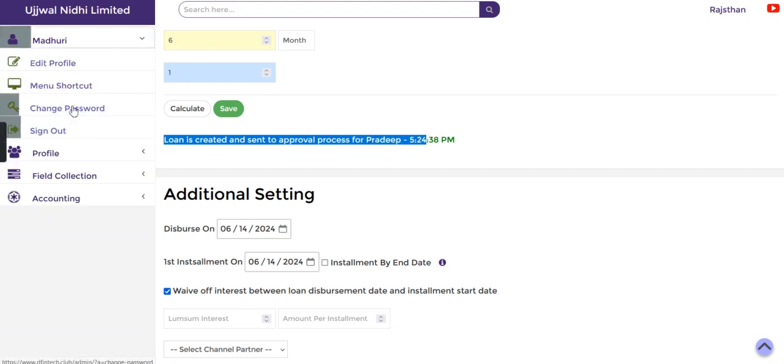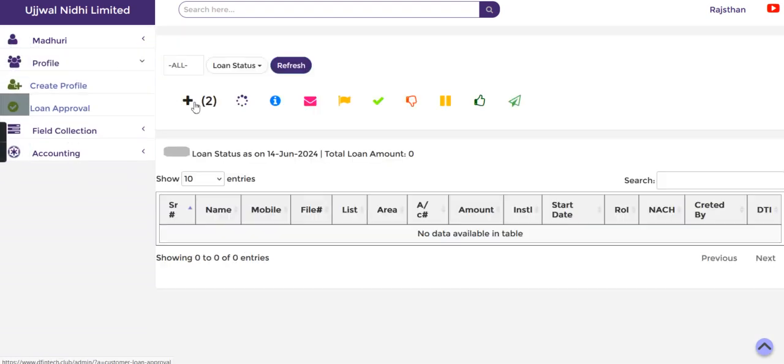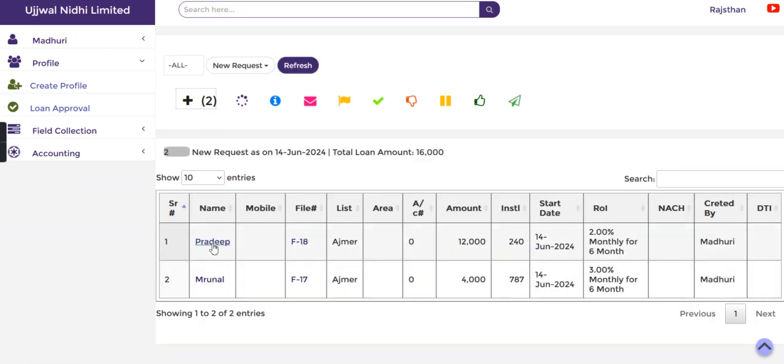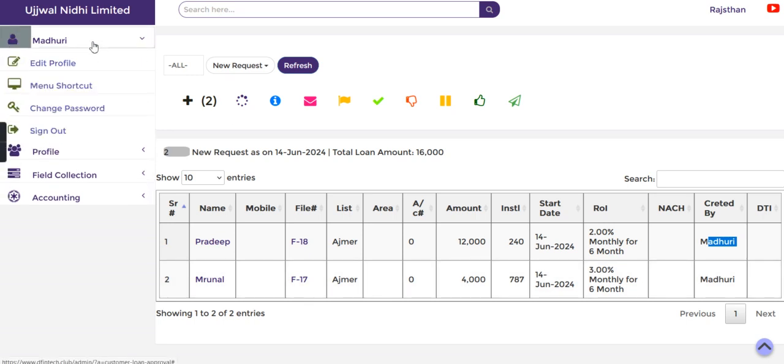Now if I click here on profile and loan approval, you can see Madhuri can see only two loans, which are actually created by her. She can't see other branches' loans because she doesn't have access to see other loans. She can see only her created loans. So this is how we can give access. I will sign out from here